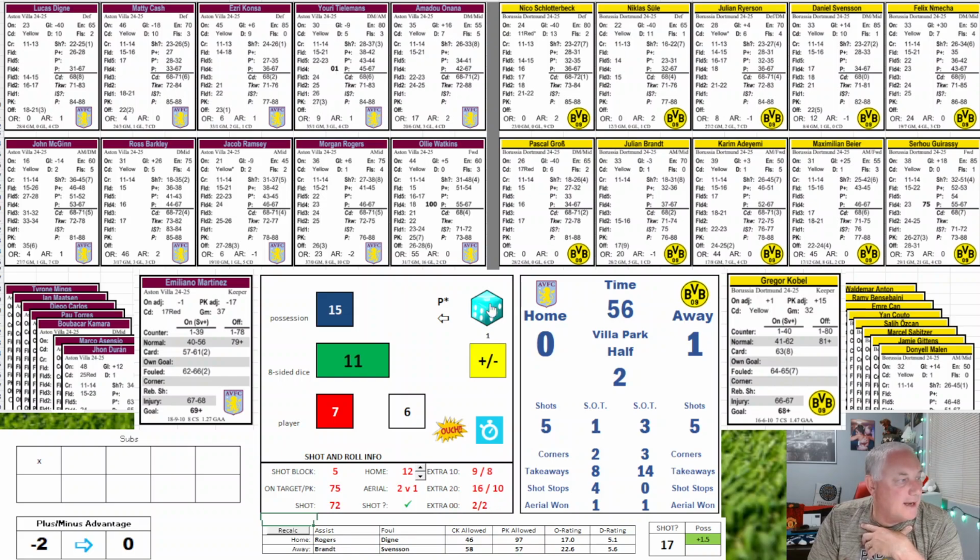But McGinn's going to get a corner, and he is a +3 on the plus minus because he's an attack mid. That corner kick will give them the possession advantage. So they take away the advantage from Dortmund, and then they pick up the advantage. So now they're a 1-14. So now you should see, as the home team, with that league advantage, with the plus minus advantage, they should have the ball more. This should favor Villa a little bit more in this half.